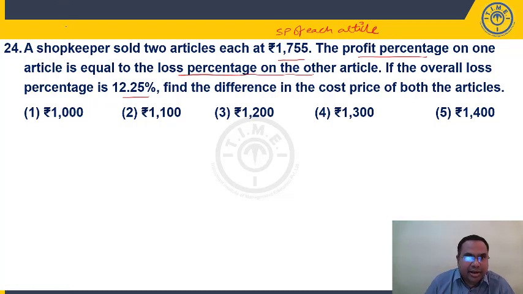Now, this question can be classified as moderate. Not that easy. Moderate level of difficulty. If you remember the basic concept, you can solve it, but still I am putting this as moderate level of difficulty. Right? What is the selling price of 2 articles?